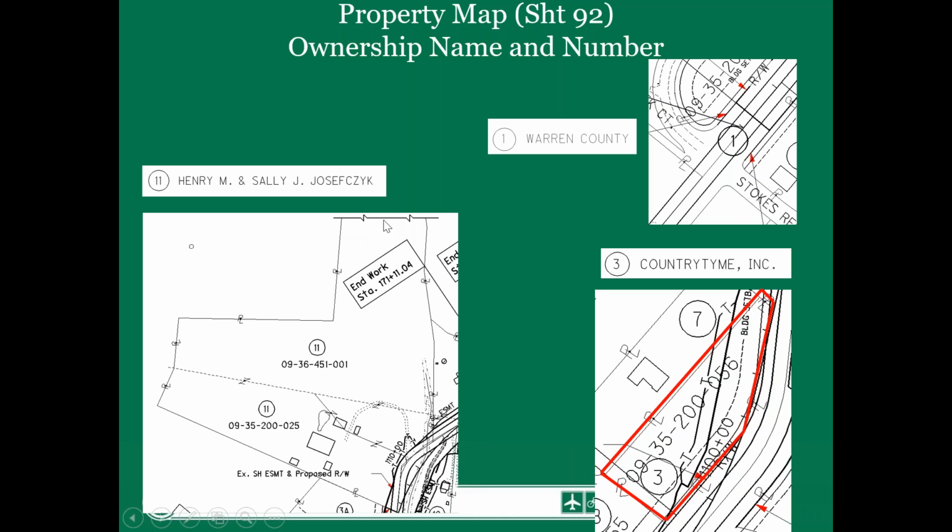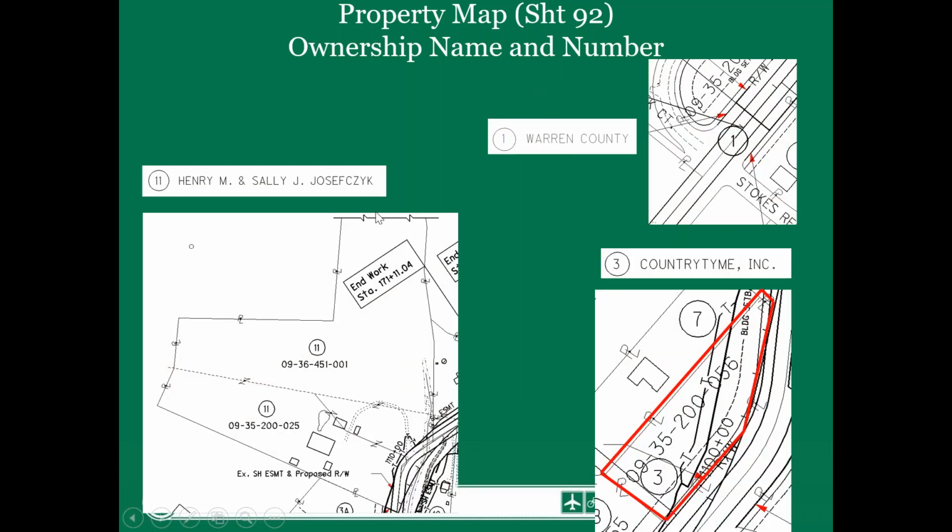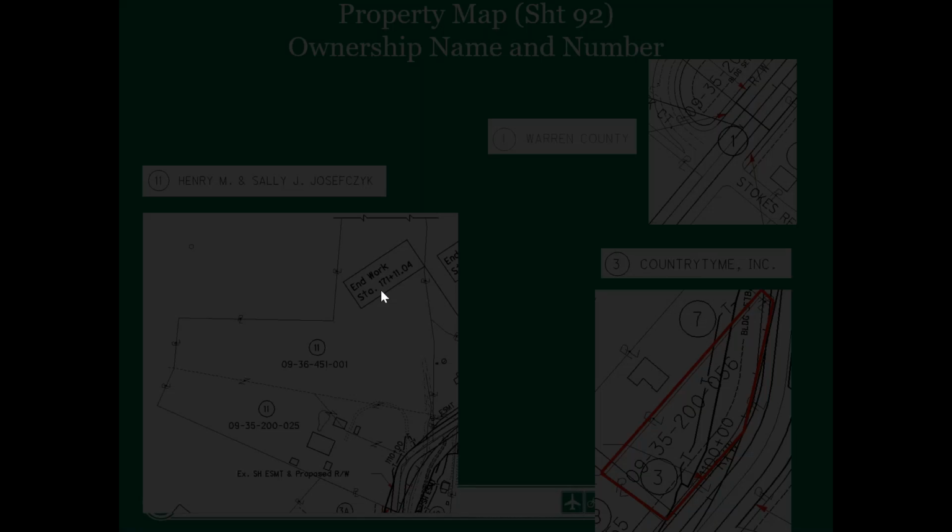Now this little line here, I'm not going to get into the depth, but we call that a break line. If I jump back here, you'll see that there's an additional property line that is attached to parcel 11. Basically what that means is it's not drawn to scale. It would actually go off the sheet if we were to draw it to scale. So that's what that break line means.